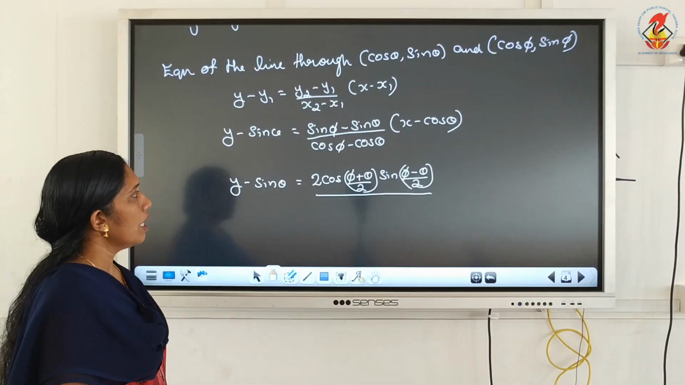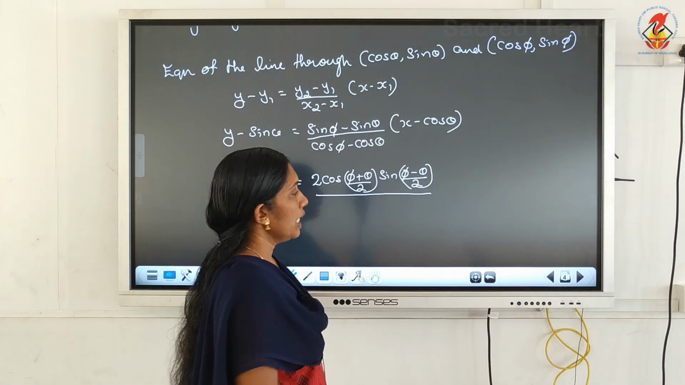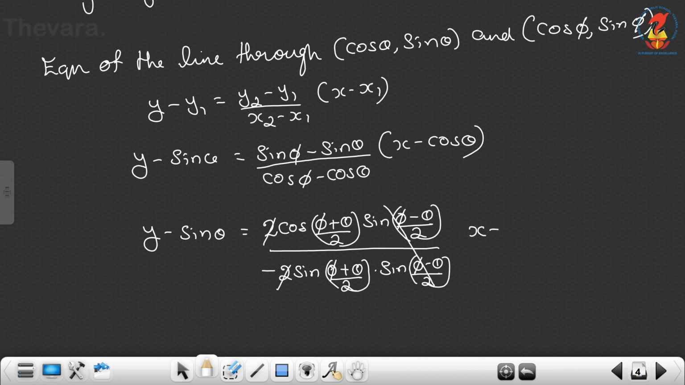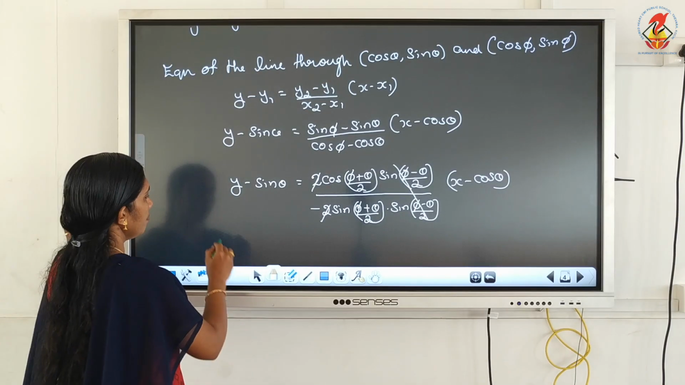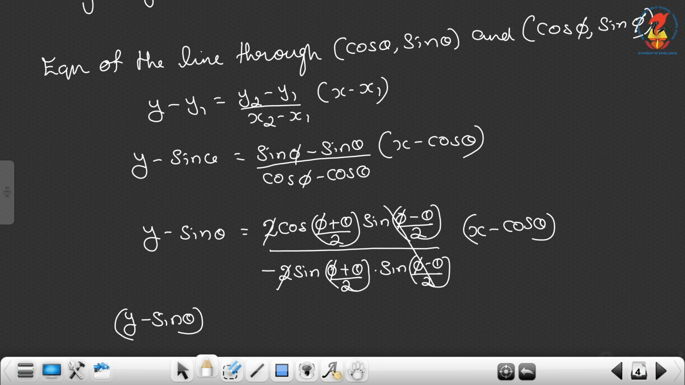Then by cos phi minus cos theta, that is cos x minus cos y form. That is minus 2 sin (phi plus theta)/2 into sin (phi minus theta)/2. So these two are the same, we can cancel, 2 and 2 cancel. So here x minus cos theta. Now cross multiply. So y minus sin theta, into negative we can keep on the right hand side itself,